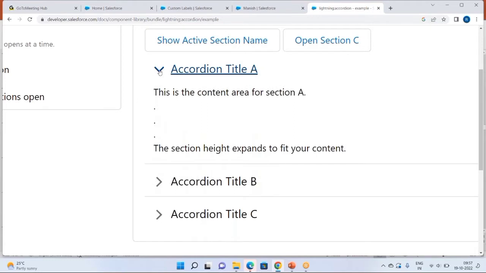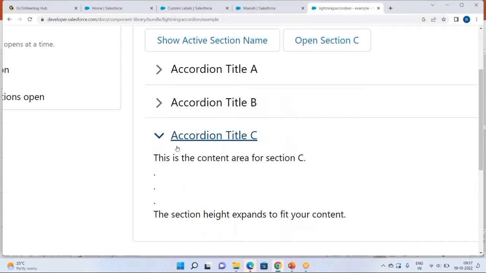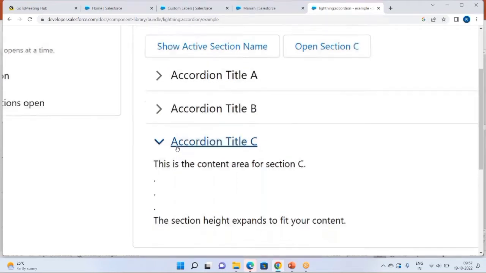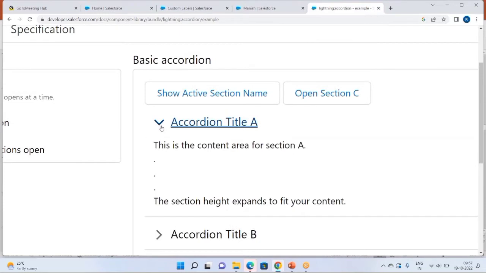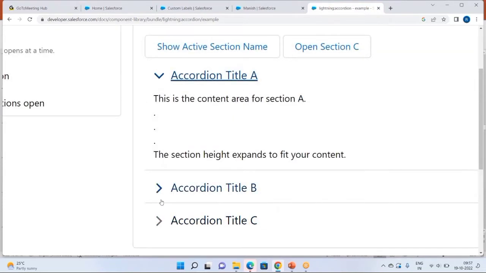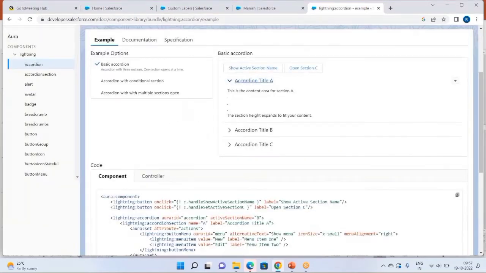Let's say you get a requirement in the project where you have certain sections, but just to decrease the length of the page, the customer wants only one section expanded at a time, not others. You can use accordion for that. But the drawback is that you cannot collapse all the sections together. There will always be one open section. I mean, you can put in logic, but by default that is the functionality of accordion, because we put the active section name here. If I show you in the code,